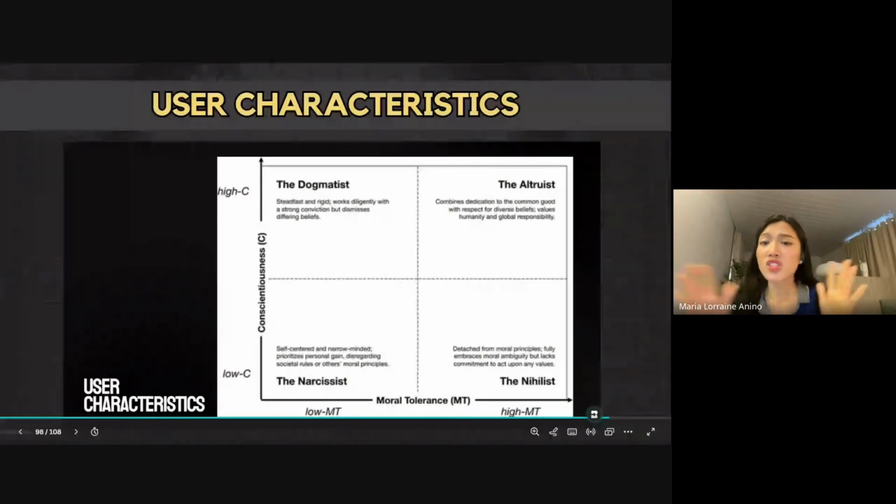Okay, so this isn't just about flood projects. This could also be applied in the workplace. You will face the same dynamics. Okay, so I hope you are going to expect that as well. So the question here is that when you come across similar scenarios or situations like this, how would you react to it? Will you be a narcissist? Will you be a dogmatist, a nihilist, or an altruist?